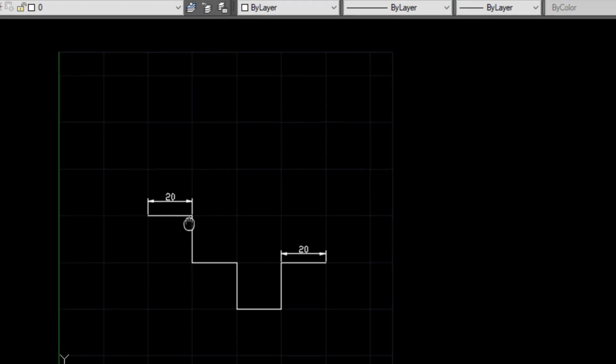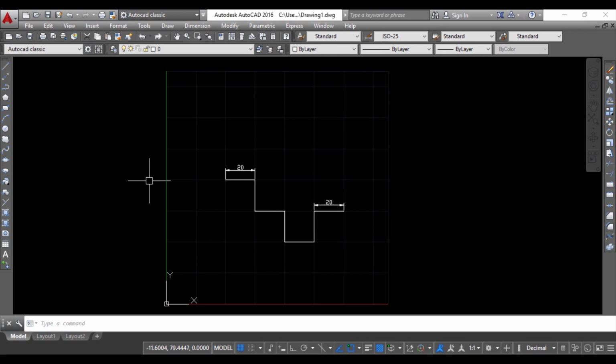So do remember, if you are a new beginner in AutoCAD, do set the limits in drawings always, and always try to make the drawing with the help of the snap toolbar. So in today's tutorial we have seen the grid command, snap command, and the setting of the limits. These are very much required in the AutoCAD software to start a drawing always.